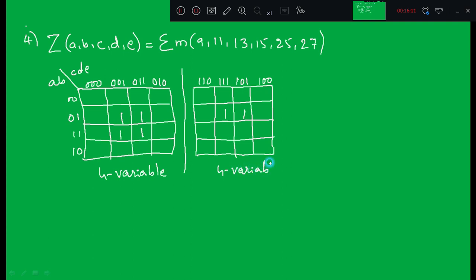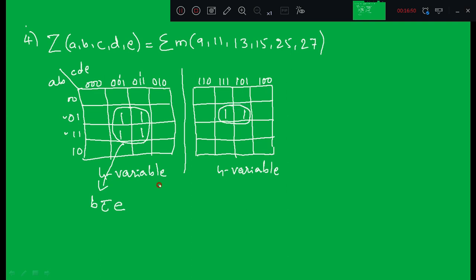Okay, so first you group like a 4 variable K map. These 4 are adjacent, logically adjacent as well as physically adjacent. So grouping 4 ones means you're going to eliminate 2 variables. The first variable is A, because A is 0 here, A is 1, complement to each other, so A will get eliminated. The first term is B, and here D is complement to each other, so D will not come in the term. So B C bar E.